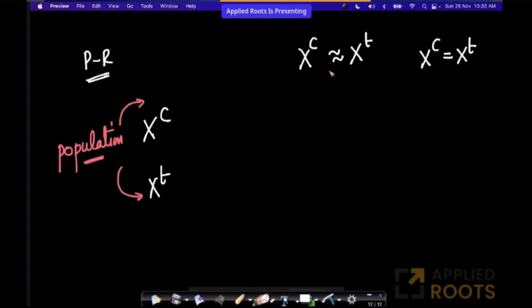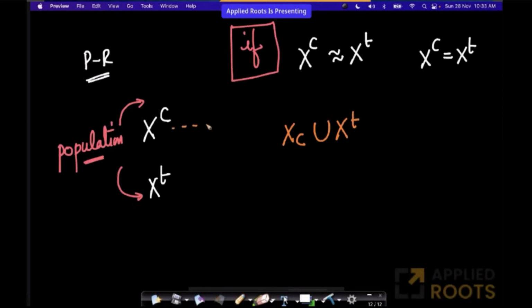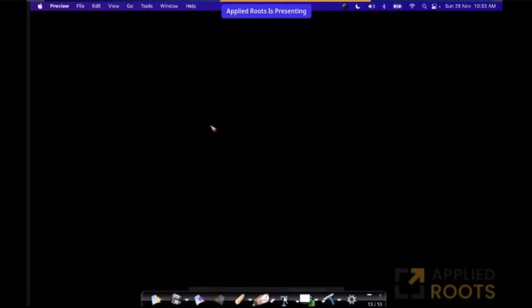Now, if both of them are similar, and let's write that big if, there's a big if, so let me highlight it here. If both of them are the same, then if I take the union of both these, they're observations, right? At the end of the day, a bunch of observations. There's also a bunch of observations. By combining, what are we doing? We're taking a union, or we're just combining them literally, right? By combining them, I'm combining these observations and these observations, and now I'm saying, imagine if there is no difference